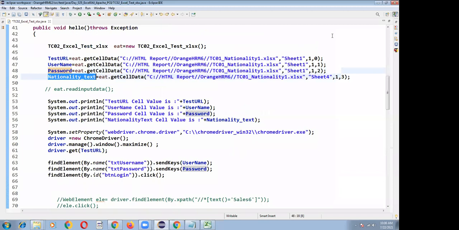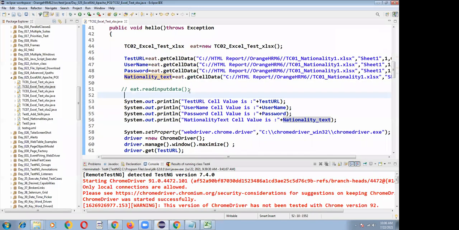So let me run my program and we'll see the output. See, the values are returned and the test URL is also returned and invoked. If you want to check whether these values have been returned or not, you can check in the console itself.